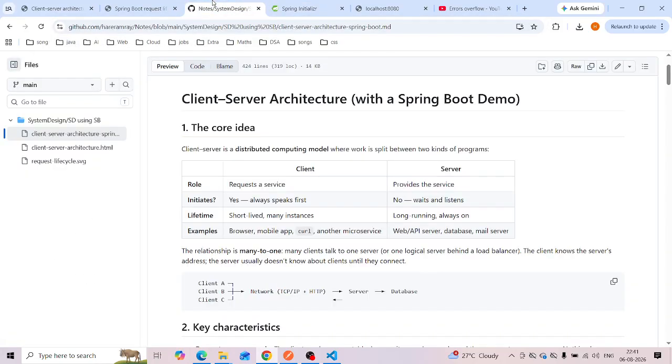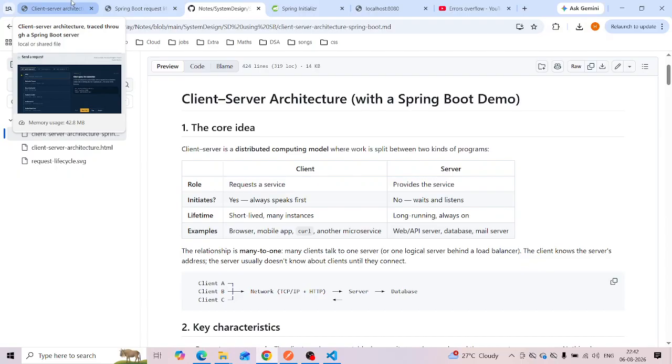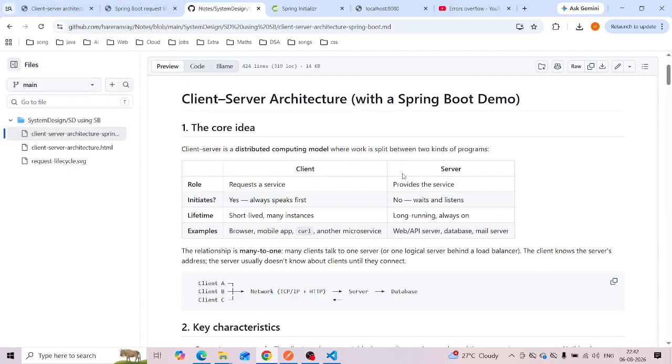Okay, now the core idea. Client server is a distributed computing model where work is split between two kinds of programs, one is a client and one is a server.